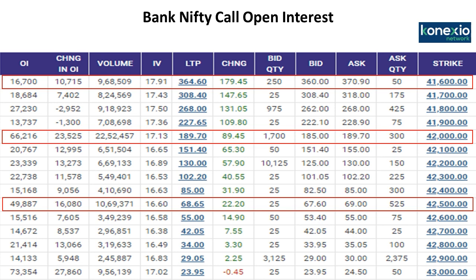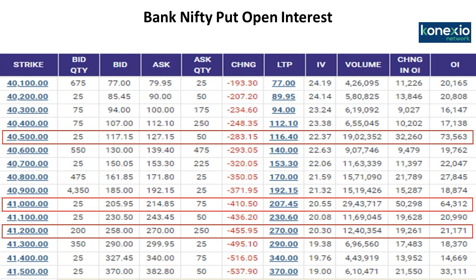Now, friends, let us discuss a Bank Nifty put option. You will see on the screen in Bank Nifty put option, the action was seen in 41,200 puts, 41,000 puts, and 40,500 puts. Now here you can see there has been a rise in the open interest, there has been a rise in the volumes. Implied volatility has already entered into a slightly danger zone. It is between 20.30 to 22.37. And again, in option premium, you can see there has been a significant drop.